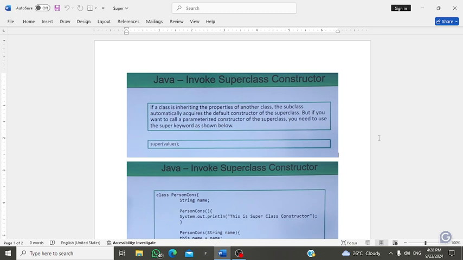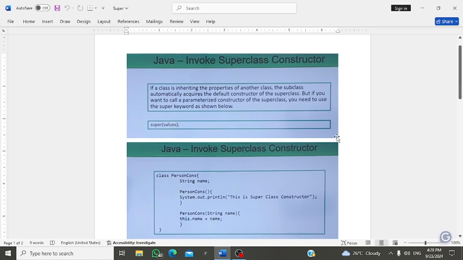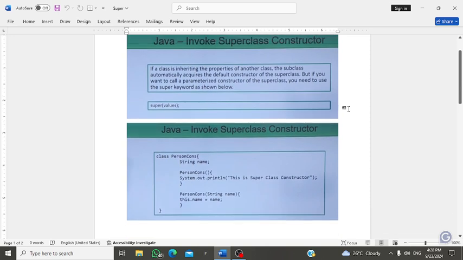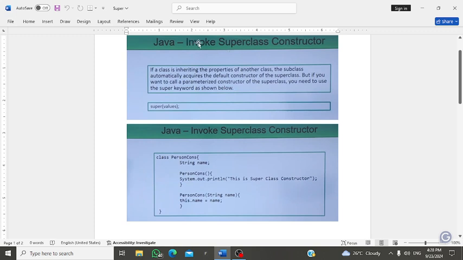So yes, last lecture we saw what the this keyword is, what the super keyword is, and the difference between the super keyword and the this keyword. So today we will see how it works practically. I have one practical example. So let's start. First of all, we will see how to invoke a superclass constructor,